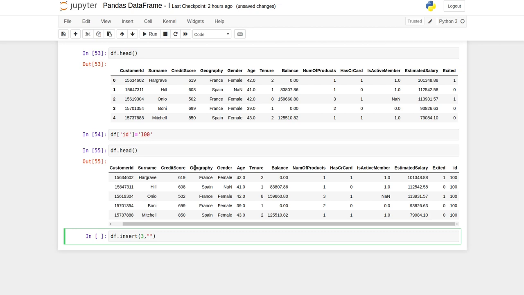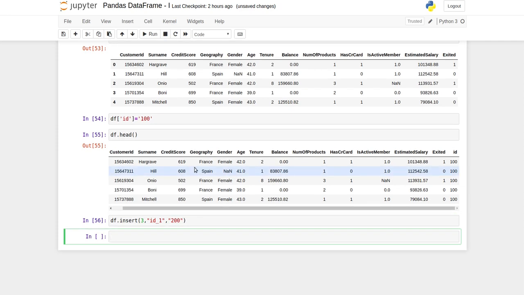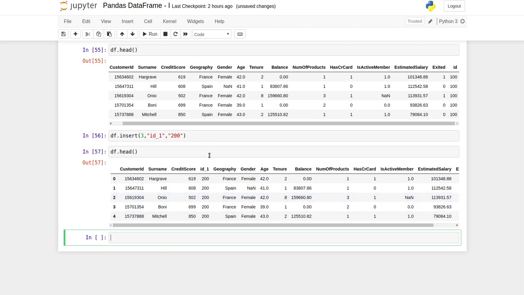This time I'm going to provide the column name as id underscore 1, and the value I need to write in it, let's say 200. So now if you check the data frame, in the third position you can see the column is added. So this is the way you can add a column at a position.